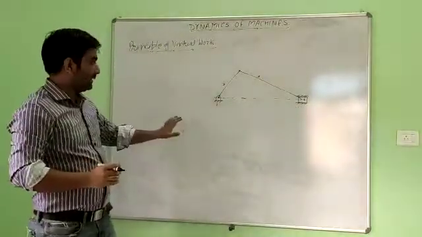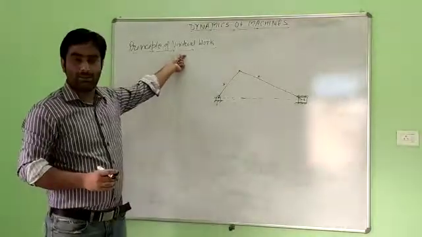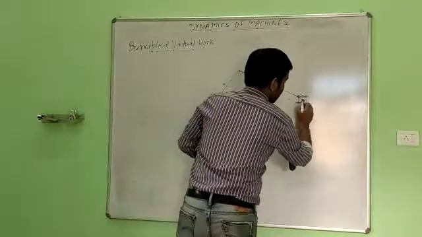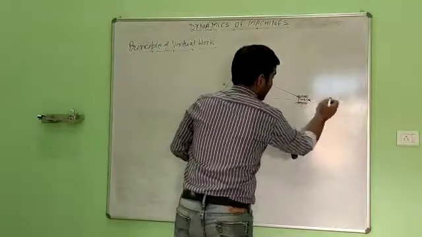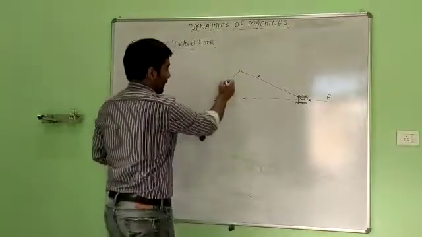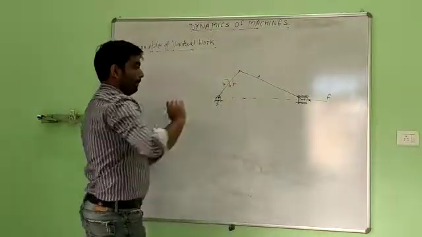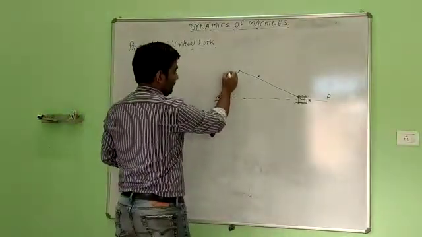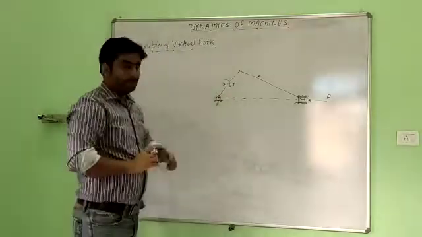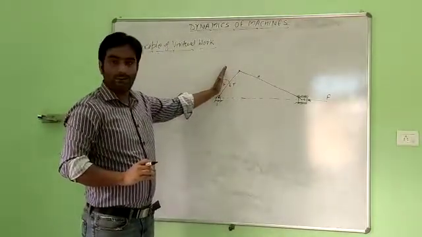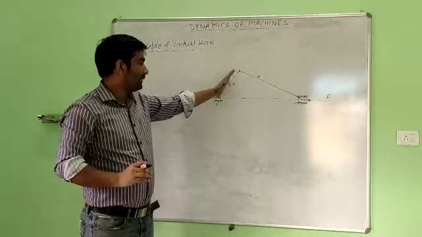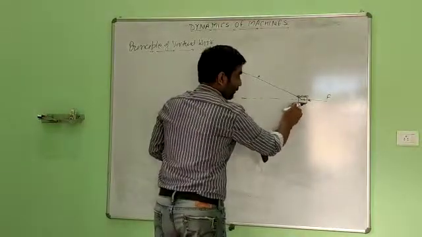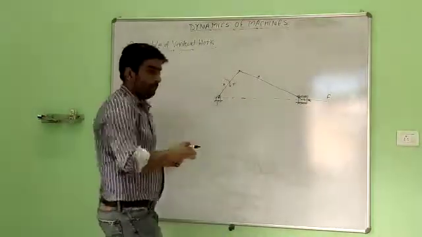Now we are displacing our system with a virtual displacement, a very small amount of displacement. This mechanism is subjected to an external force F and a torque T. These conditions are given. While the virtual displacement occurs, the crank will be displaced by an amount del theta. By displacing the crank by del theta, the piston or link 4 will also move in the linear direction, in this direction.